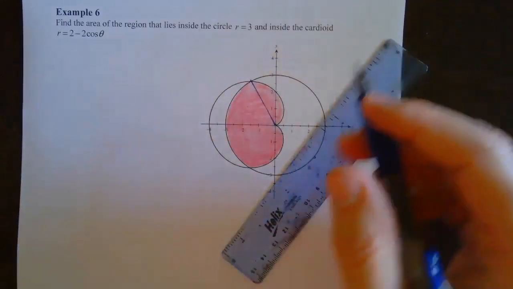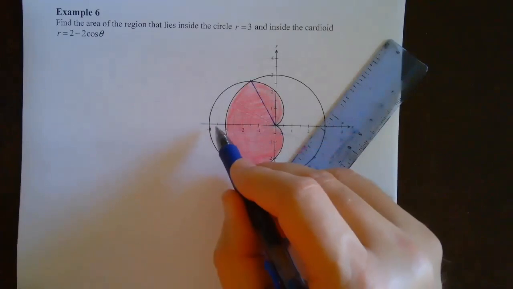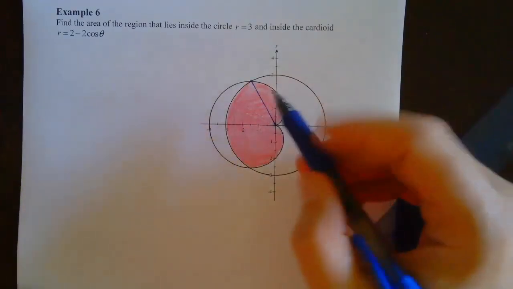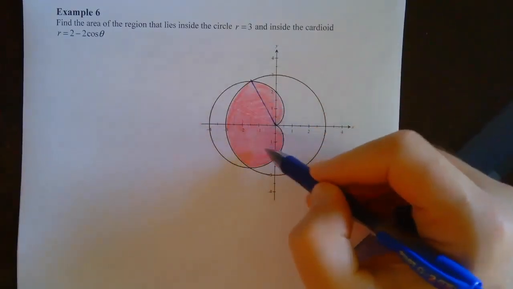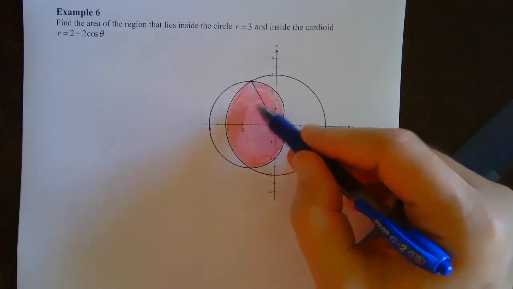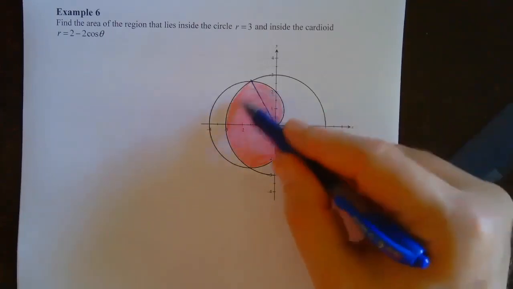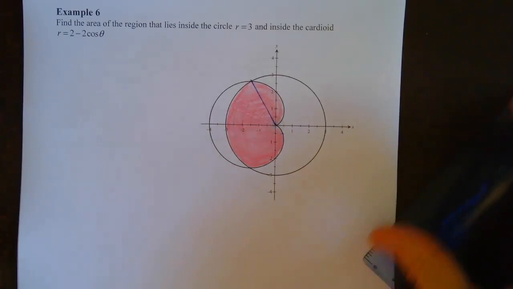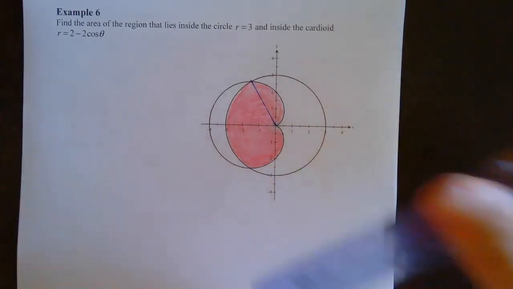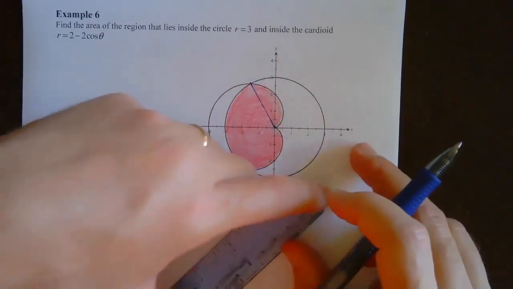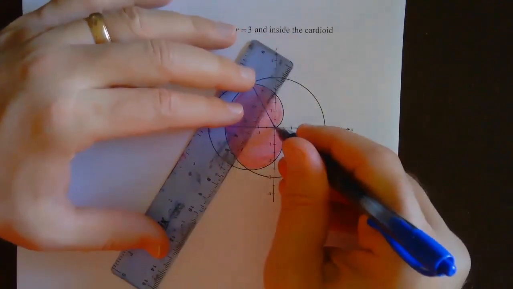And you actually could stop all of this at pi, because we know that this part and this part have symmetry, right? So if we got this area and doubled it, we would get the whole thing. Now, I'm not gonna do it that way, but that would be a perfectly valid way of doing it. All right, so I'm gonna go from here